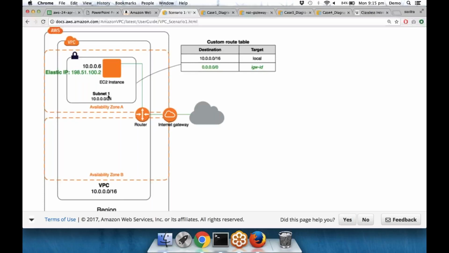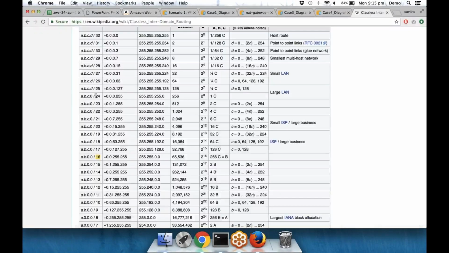Also, take a look at the IP address range of the subnet. So there's 10.0.0.0/24. 24 is the network mask of the subnet. So if you look at our table here, /24 is this one. This means a mask of